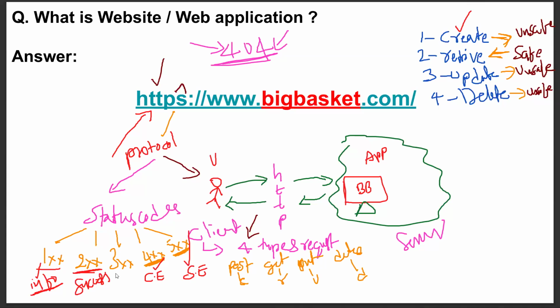And let me talk about 3xx. 3xx is nothing but redirection. 300 is nothing but redirection. I'll explain what is redirection. You are in the Zomato app. You selected one item and you are able to place the order, and definitely you will land on the payment page. Guys, if you select payment, it will redirect to your PhonePe first, correct? And once your payment is done, immediately it redirects back to your Zomato. That's kind of redirection-related status codes.